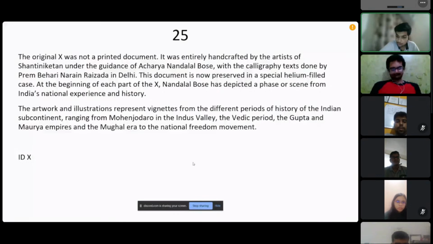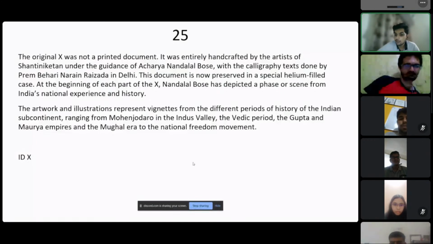We are open to pounce, and the pounce will close in 5, 4, 3, 2, and 1. The pounce is closed. P6, P4, P2. Pounce on the question. Please write the answers. P6, I think, has given the answer. P2 has also given the answer. Okay, fine. Direct to P8.